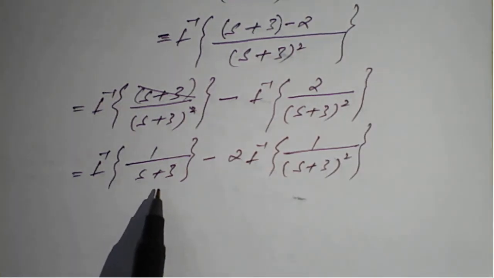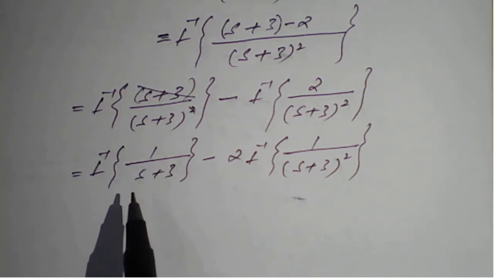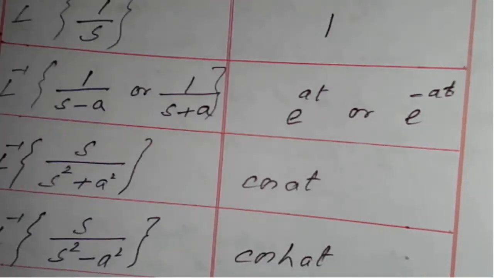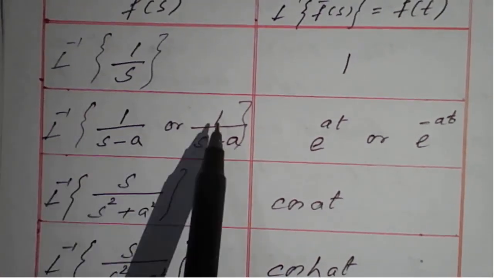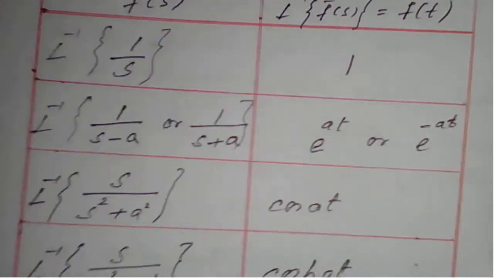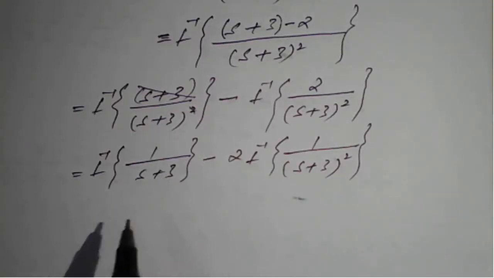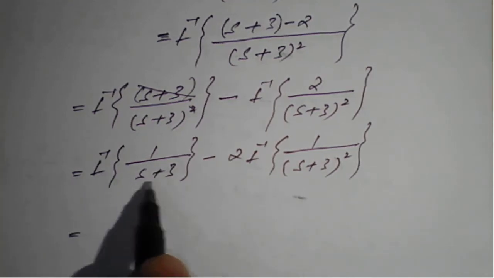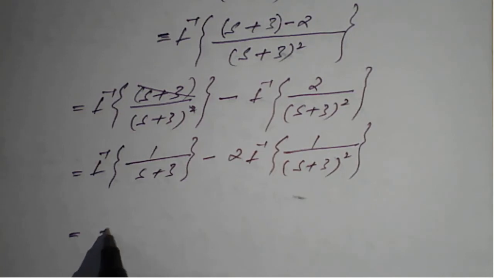For the first term we don't need any property, so we can apply the direct formula. That formula is inverse Laplace of 1 upon s plus a is nothing but e raised to minus at. For the first term, inverse Laplace of 1 upon s plus 3 is nothing but e raised to,